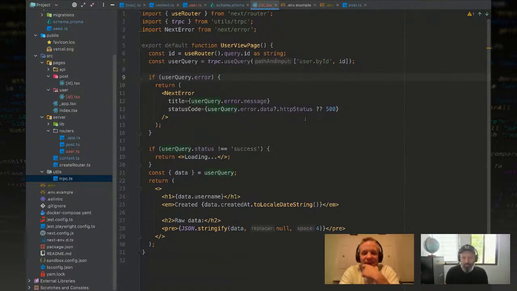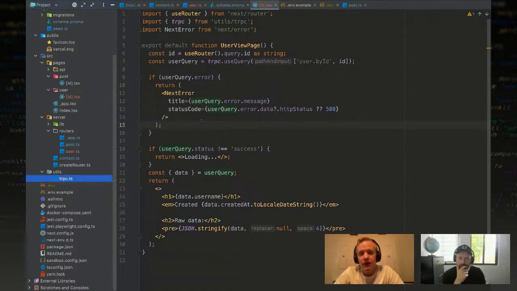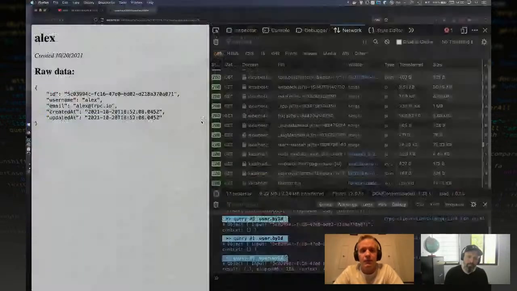Yeah, so we can do some more fun stuff. I can show you some cool stuff because, you know, in GraphQL you have batching. In tRPC you also have batching. So if you have two parallel queries, they don't actually happen in parallel, they happen at once in one batch of requests. So if you open your browser and go to the front page where we had the post list,